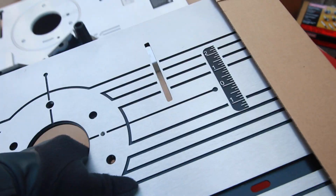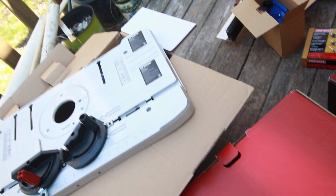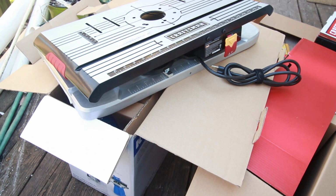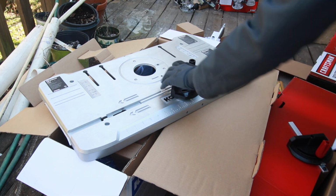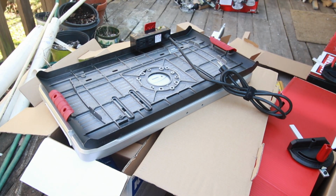So what we see here immediately is that the Craftsman table, putting both tables side by side. Okay, so you automatically get the Craftsman table. Take this out. Okay. So first of all, let's just compare sizes. The size of the Craftsman table is a wee bit smaller than that of the